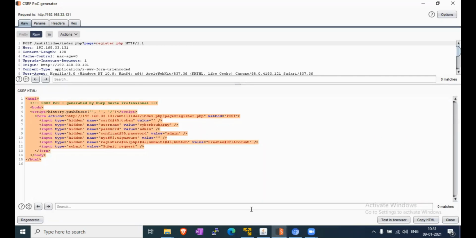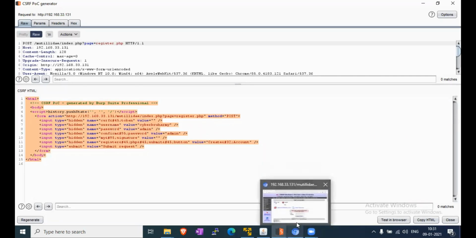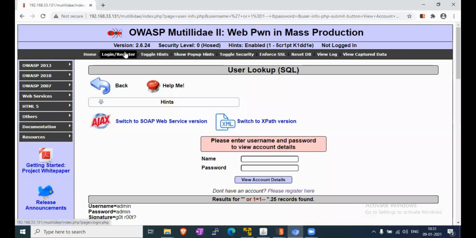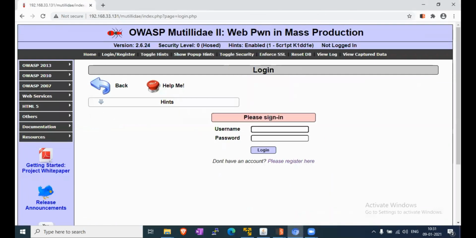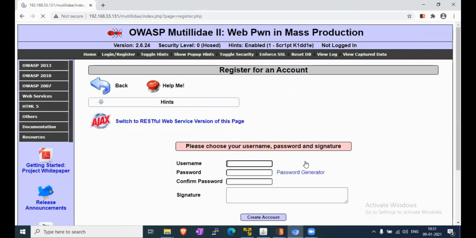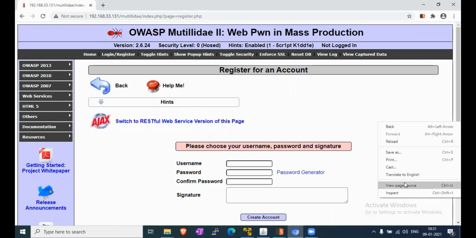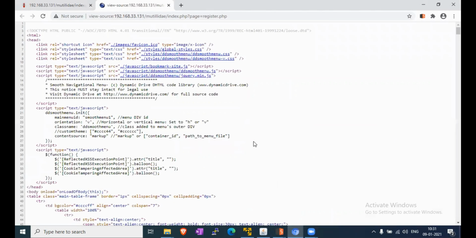So first we have to check that. Just click on register, and check view source code if you are not using the professional version.